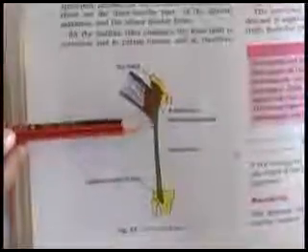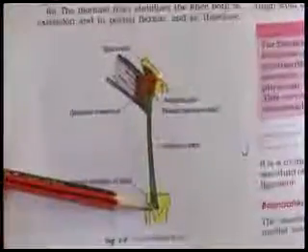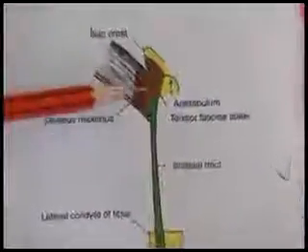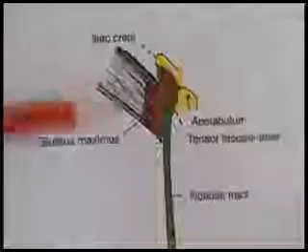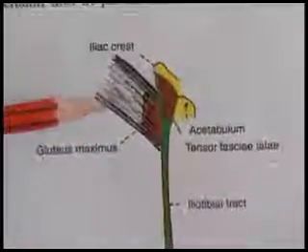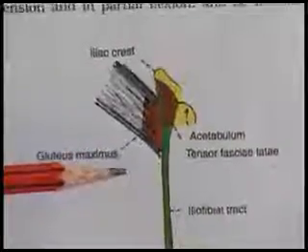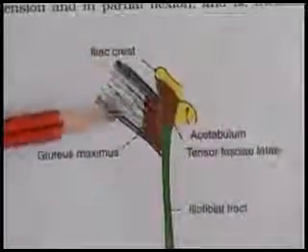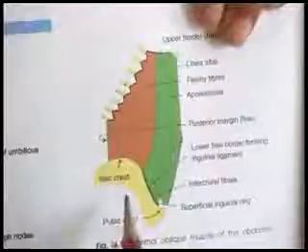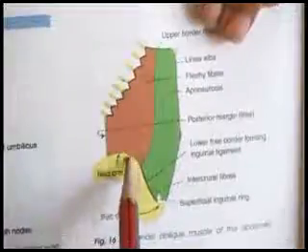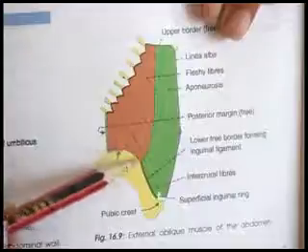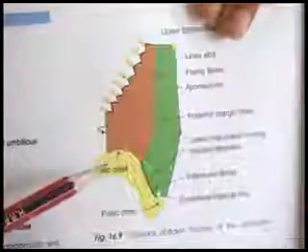This tract extends down till the lateral condyle of the tibia. Into this iliotibial tract is also inserted the big gluteus maximus muscle, the whole of the upper half and the superficial part of the lower half. That means almost 3/4 of the muscle is inserted into the iliotibial tract. The outer lip also gives insertion to external oblique in the anterior 2/3 of the outer lip of the ventral segment.